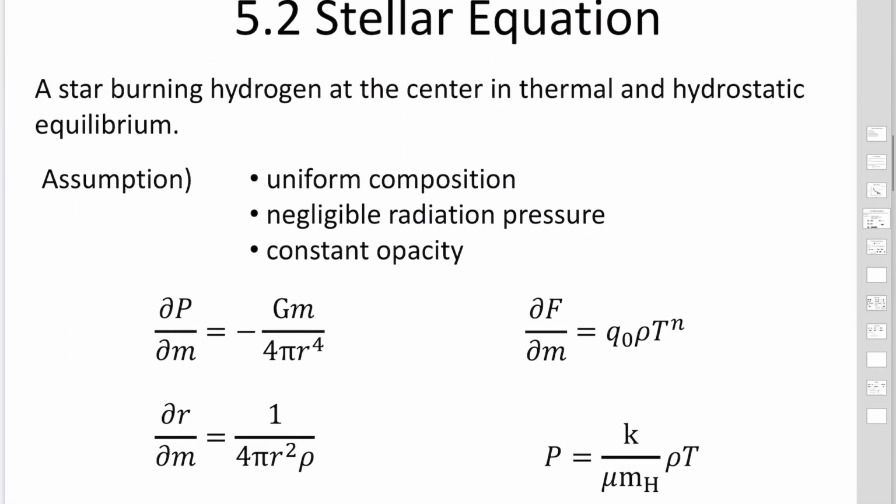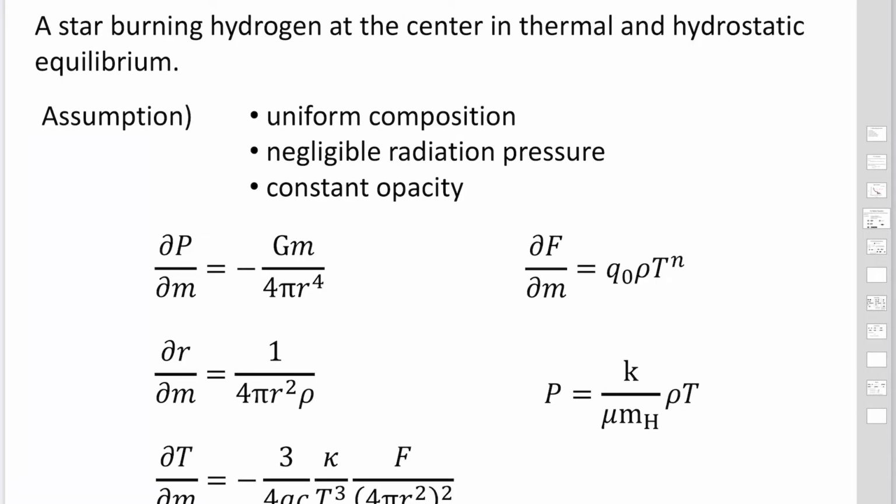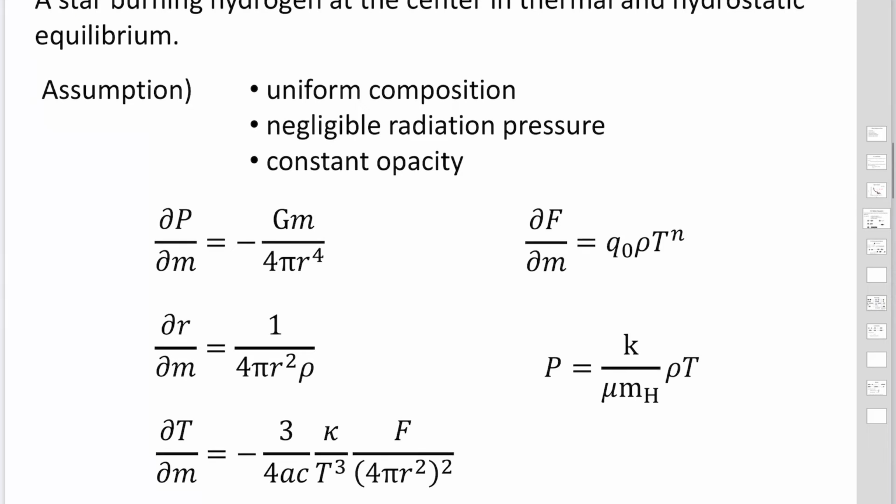Then stellar equations. A star burning hydrogen at the center in thermal and hydrostatic equilibriums. We use three assumptions. First assumption is uniform compositions. And the second assumption is negligible radiation pressures. Third assumption is constant opacities. So from the second assumption, negligible radiation pressures,